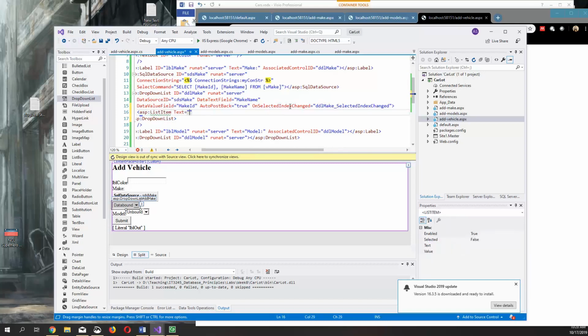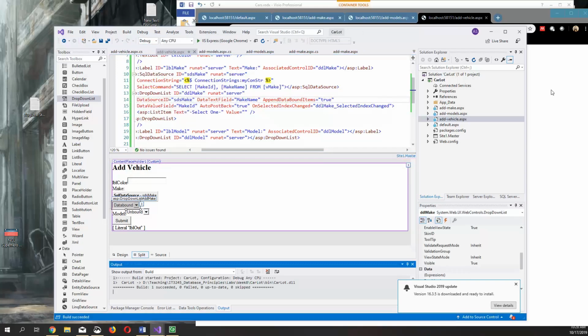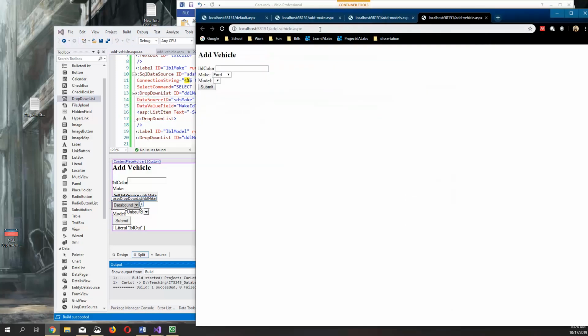Its text equals "select 1," and value is blank. And we'll make sure that we append data bound items is true, just to make sure that we didn't lose anything. So let's try that one more time. We basically want a default one there. See how there's nothing in model right now? We want a default one. That way when we select it,